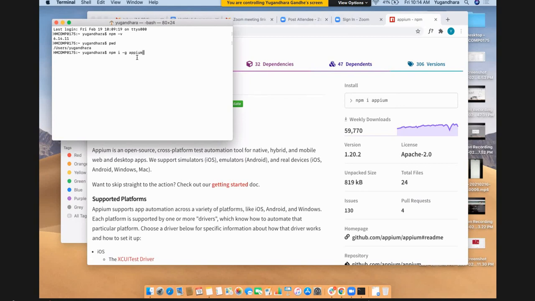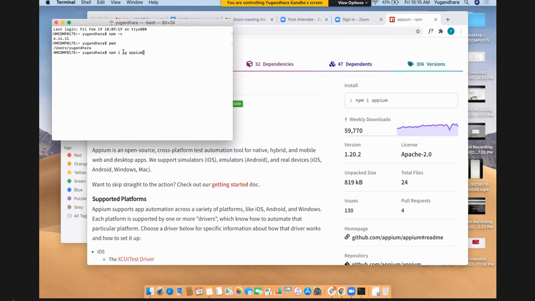So as soon as I hit enter here, it will download the APM package from this npm.js, and will install it into the global repository. So the global repository is kept on the machine in USR local bin npm. In that, the global repository is kept.